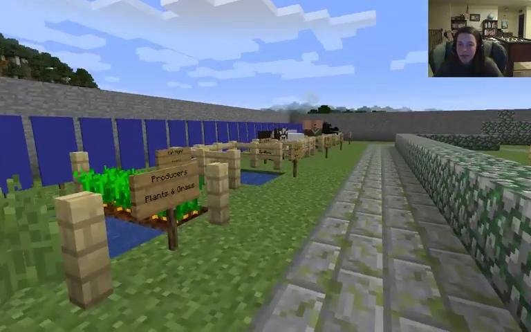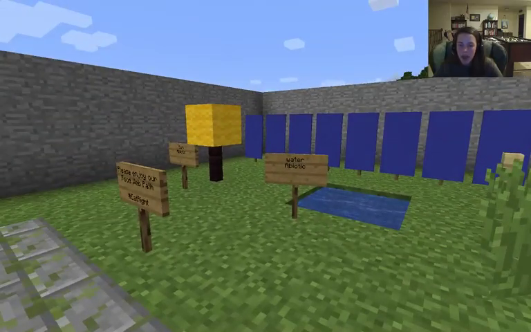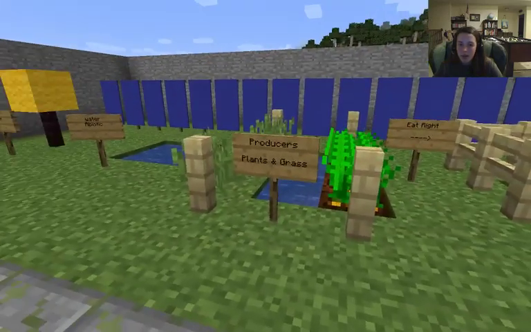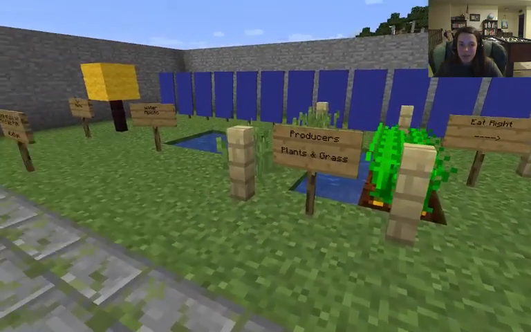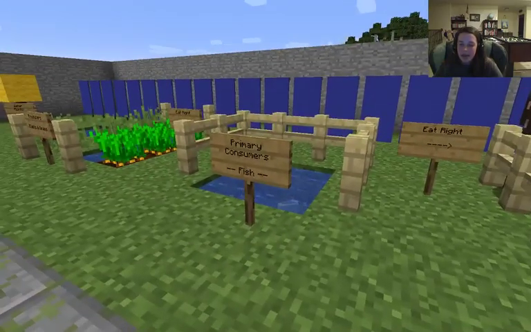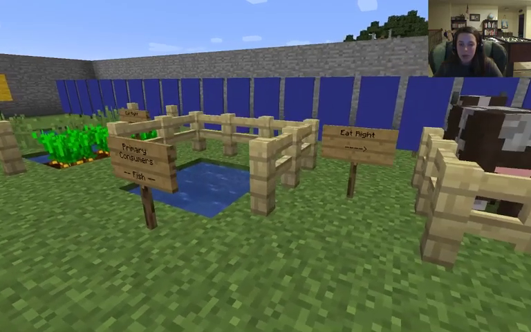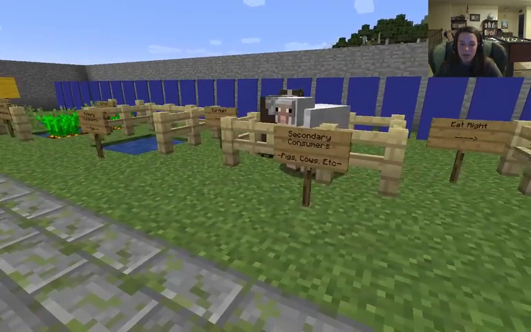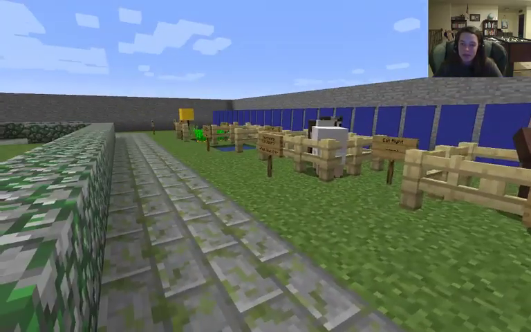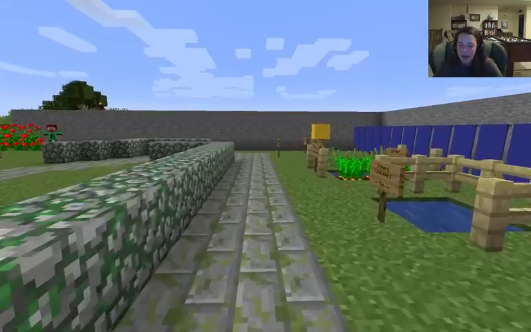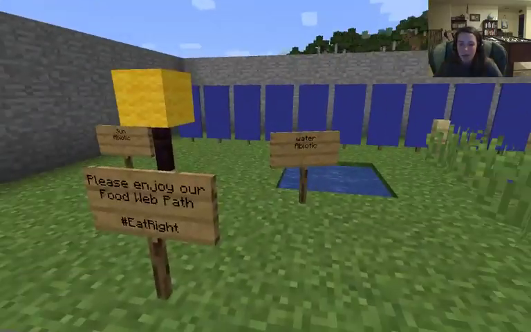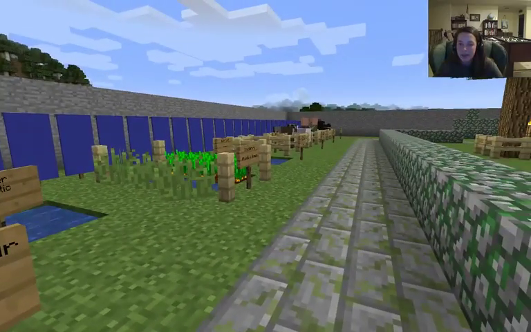But also the same would happen if there was a huge flood. If there was a flood, then all of our producers would overpopulate because they would just be like, oh my gosh, look at all this water that we can eat. And then the primary consumers would overpopulate because there's more food for them to eat. Same would happen with our secondary consumers and our tertiary until the ecosystem's carrying capacity was just like too much and it couldn't handle any more organisms in its ecosystem.